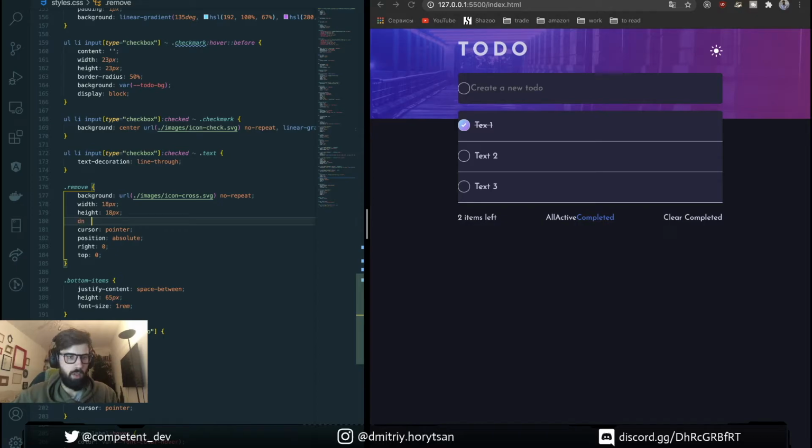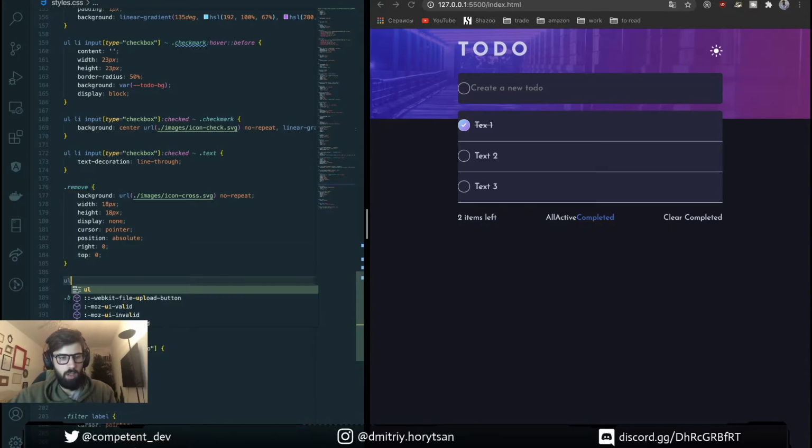Instead of this, we're gonna use display none. And when our mouse is on the hover, gonna show remove icon.